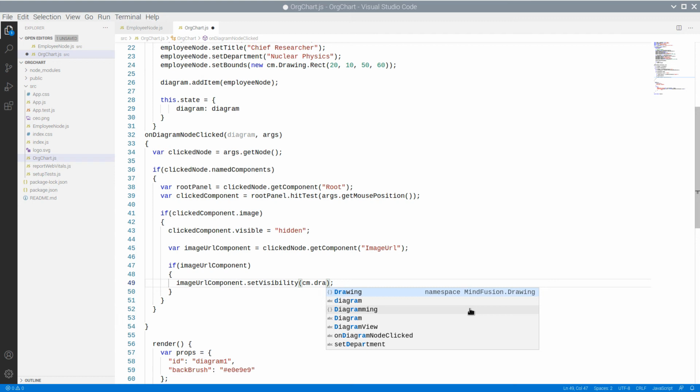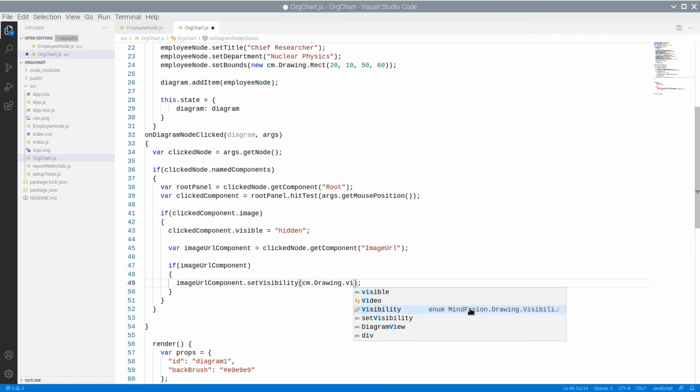The value is a member of the visibility enum, which is part of the drawing namespace.